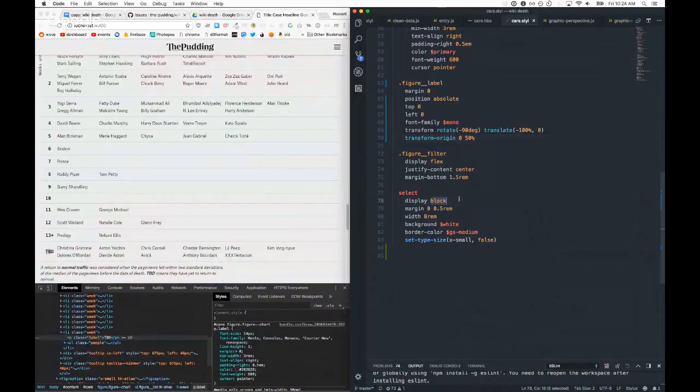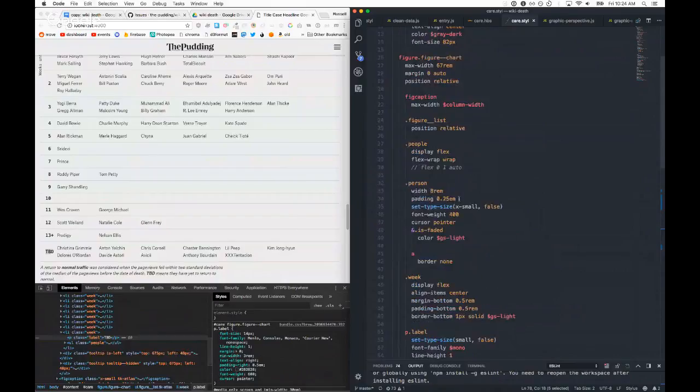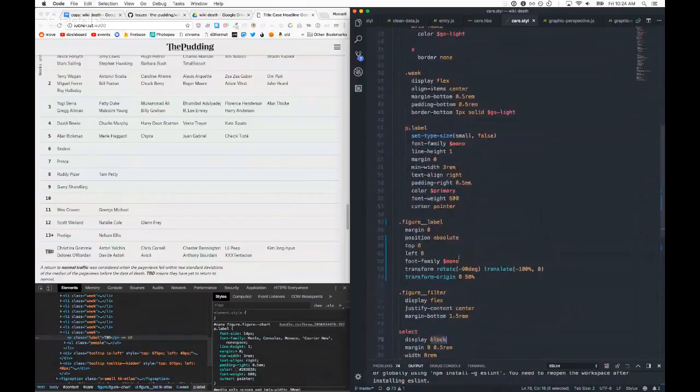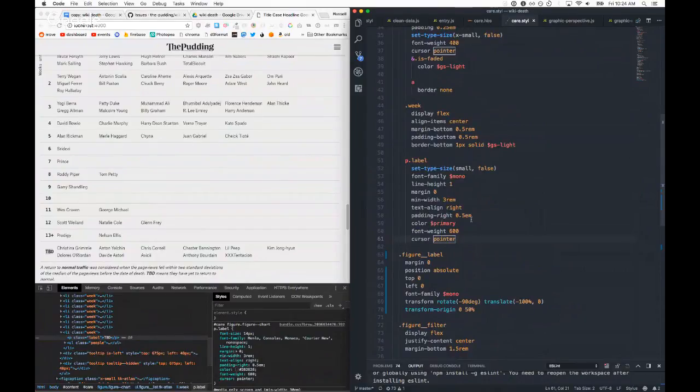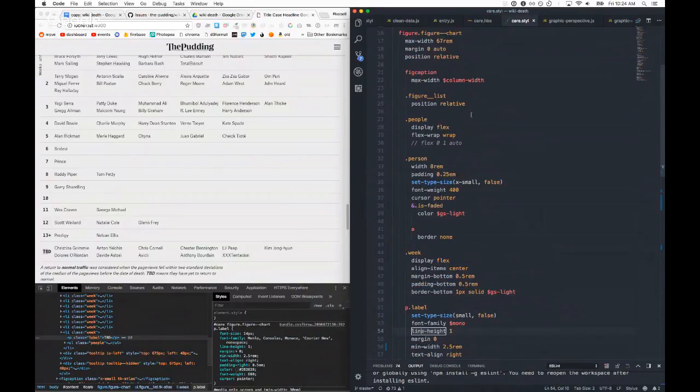Text line right, it doesn't need to be that wide. Label. And the whole thing.